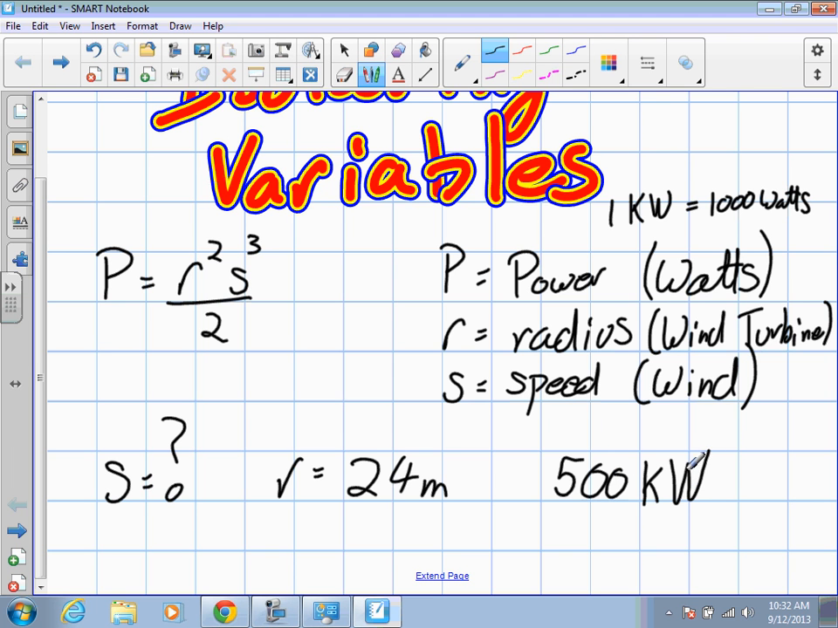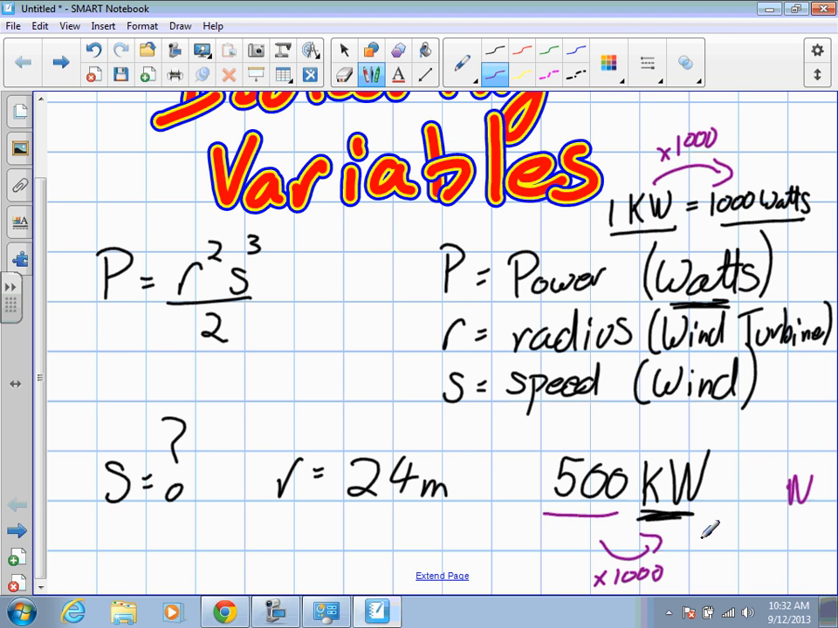So first things first, we're going to have to convert in this question. Okay? We know that 1 kilowatt is equal to 1,000 watts. And since power is generated in watts, we have to convert this to watts. To get from 1 to 1,000, what operation can we use? Multiplication. What do we multiply by? 1,000. We multiply by 1,000. So in order to turn 500 kilowatts into just watts, we have to multiply by 1,000. So how many watts do we need to generate here? 500,000